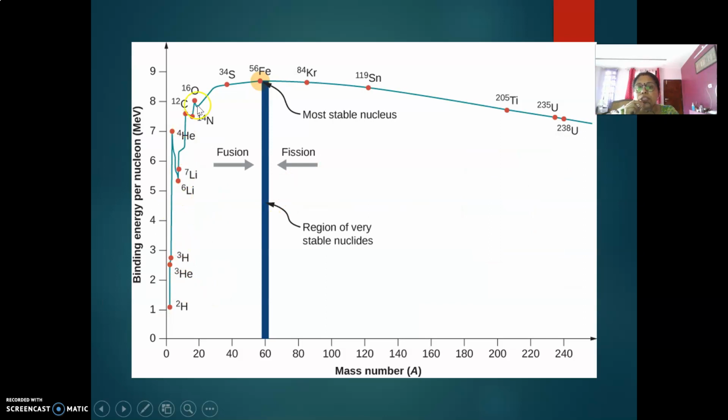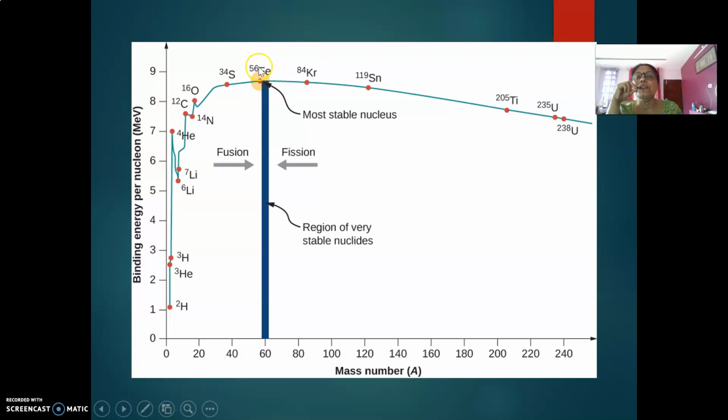Looking at the change in binding energy, you will find that at iron-56 you have the most stable nucleus, and after that the stability declines. The binding energy goes on increasing from hydrogen up to iron-56. 56 is its nuclear mass number. Actually, it is not the atomic number; the atomic number is 26 only. So 56 is the mass number, and up to that mass number, the nucleus is stable.